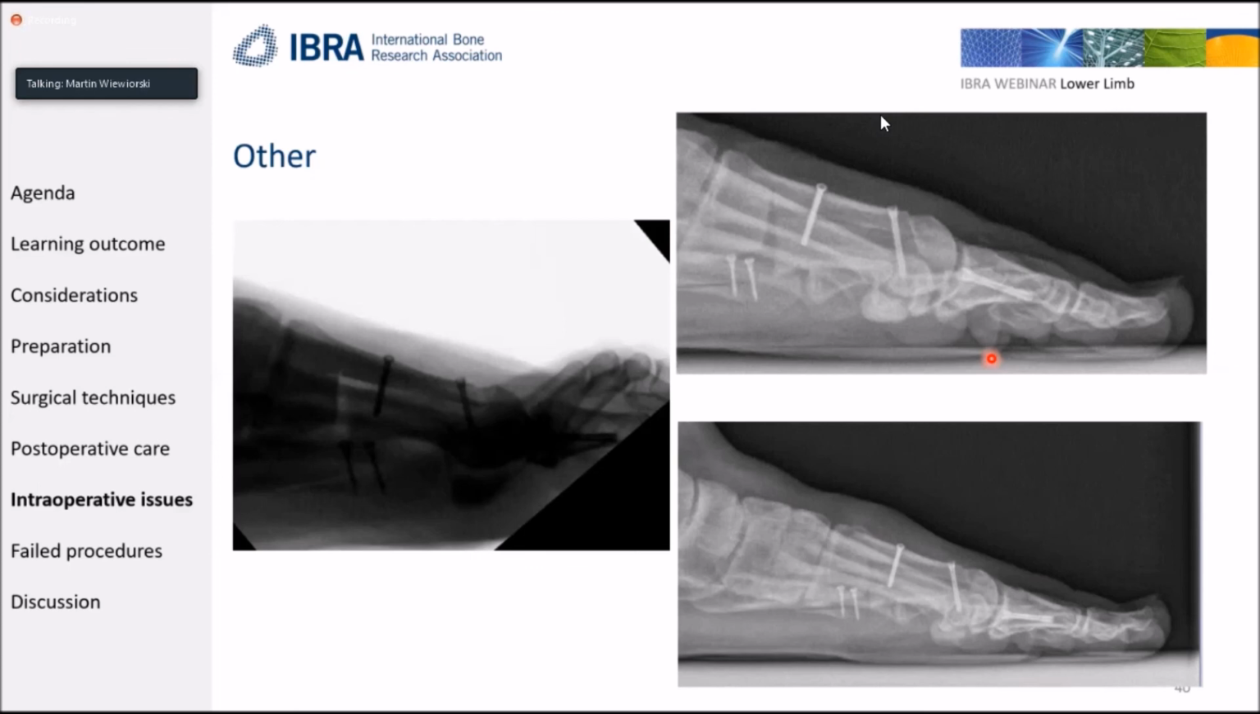This is another case. I don't remember if I did the surgery myself, or one of our residents or other consultants. Anyhow, it doesn't really matter. It can happen to anyone, right? So especially during the scarf osteotomy, you have to make sure that the proximal part of the scarf osteotomy comes out in the lower third of the